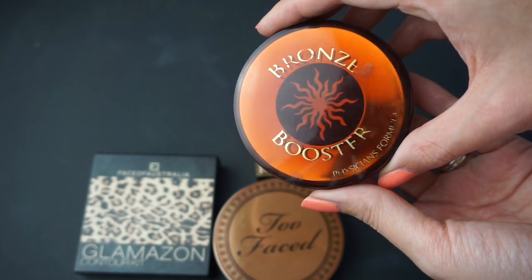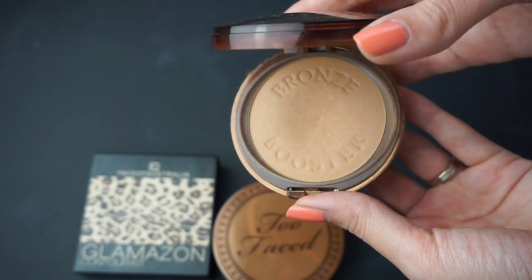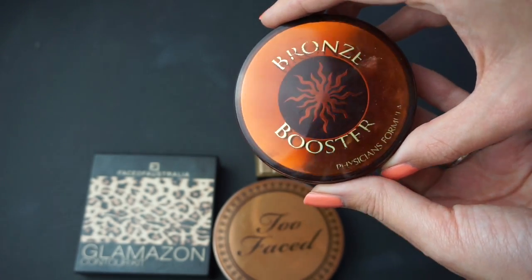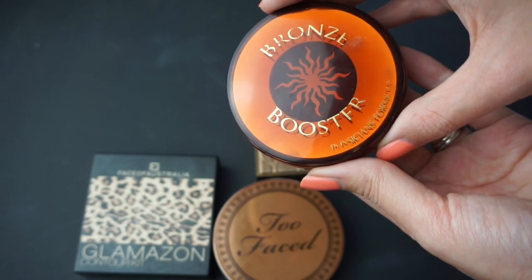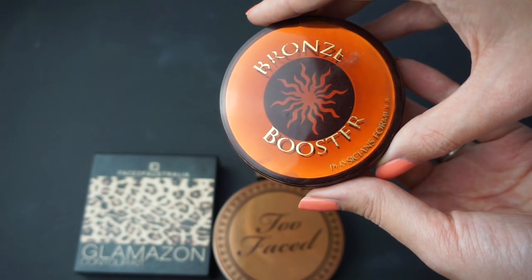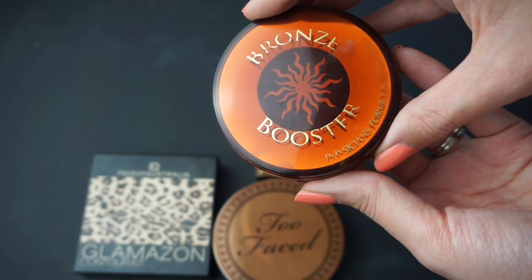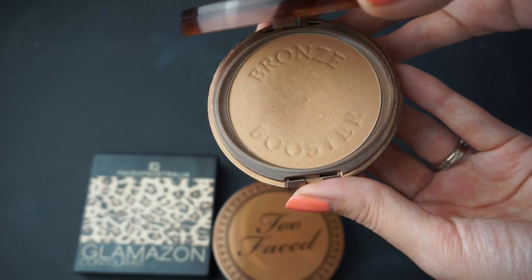Here's an item that I'm quite torn about. This is the Bronze Booster from Physicians Formula. You can see I've used quite a bit of it. This is definitely one of my favorite bronzers I've ever used, and I haven't been using it lately just because I've been in love with the Sweet Tea bronzer, and this was in my project pan, my first ever project pan, and I got so sick of trying to use it up,